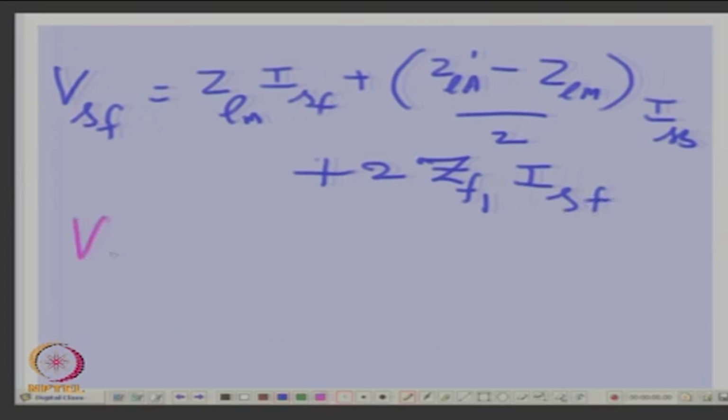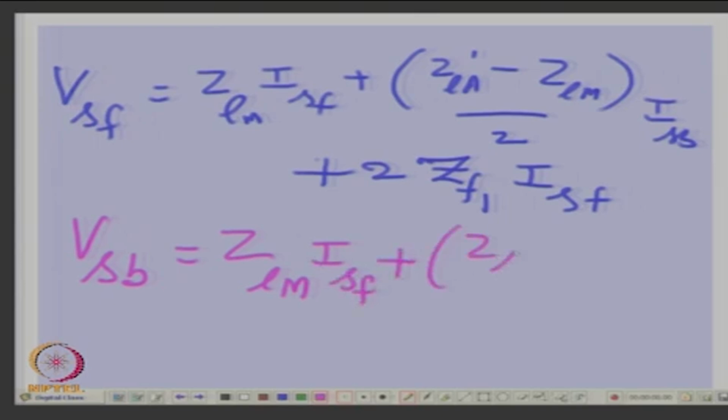And similarly we get VSB will be ZLM ISF plus ZLA dash minus ZLM by 2 ISB,